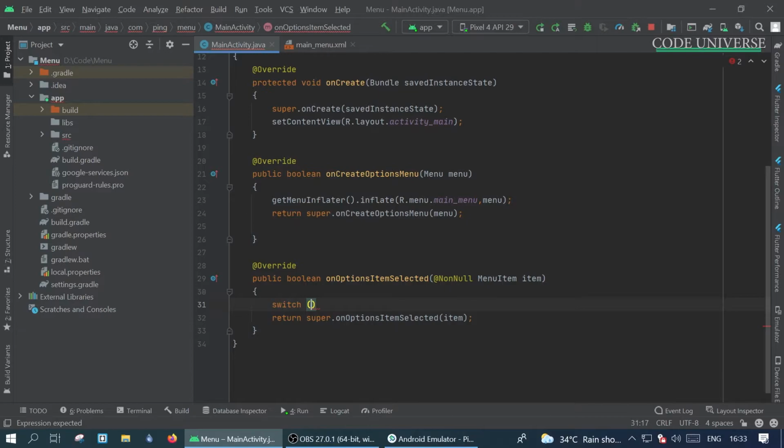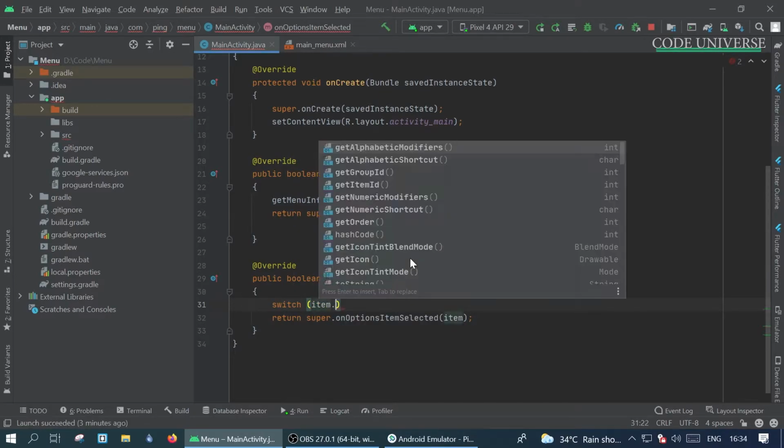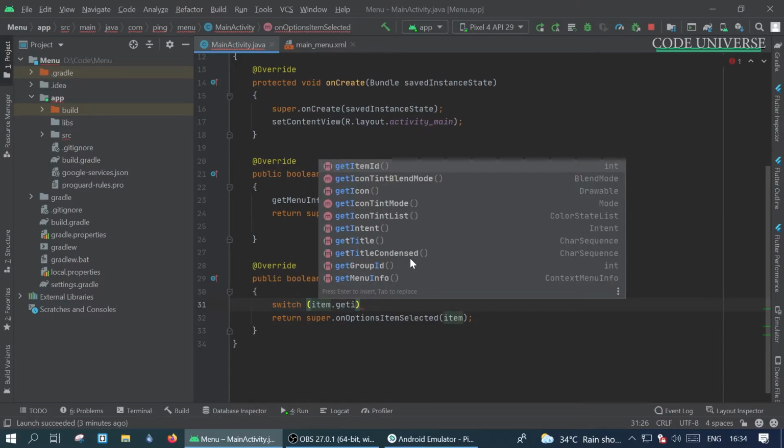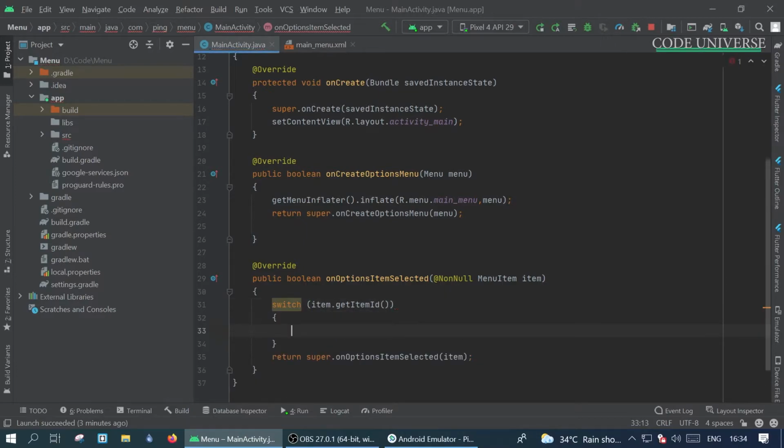You can get the menu item's ID from item.getItemID. So item.getItemID gives the menu item's ID, which we will pass to the switch, and we will write as many cases as the number of menu items we have.